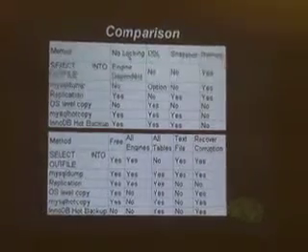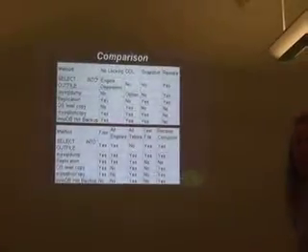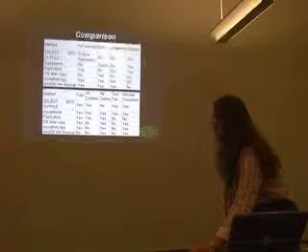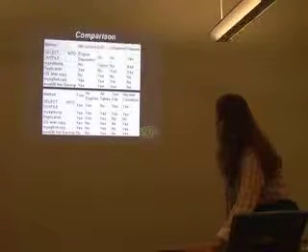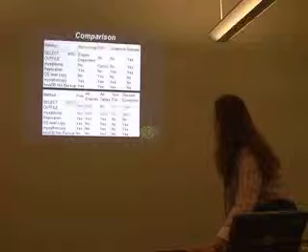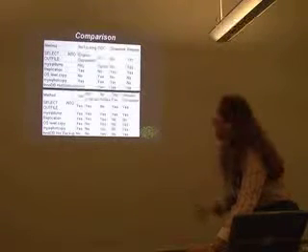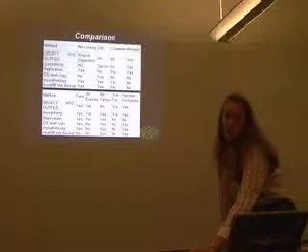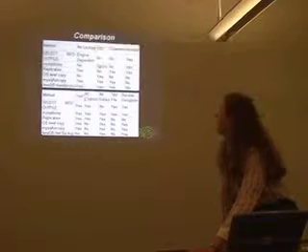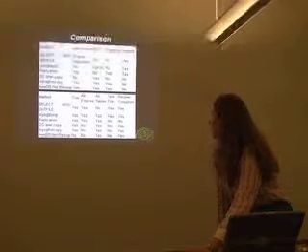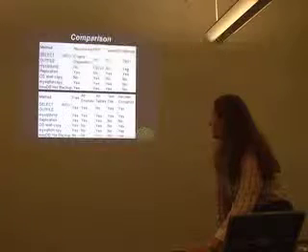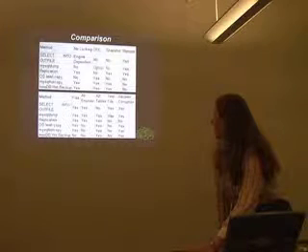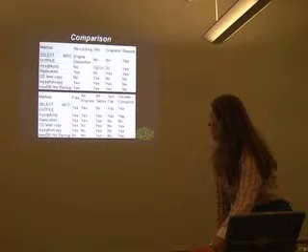So you'll see in pretty much the columns, one or two things have nos, and everything pretty much has like 4 or 5 nos. MySQL dump actually has the fewest number of nos. It's all yeses down here. It doesn't do the locking. It has an option to do it, but you don't really do it across tables. It has an option for the data definition language, but again, you have to be careful to make sure you get all of the options you want, none of the ones you don't. It doesn't do a snapshot, but you can run it remotely. It's free. You can use it with all engines, all tables. It makes a text file, and you can recover from corruption.